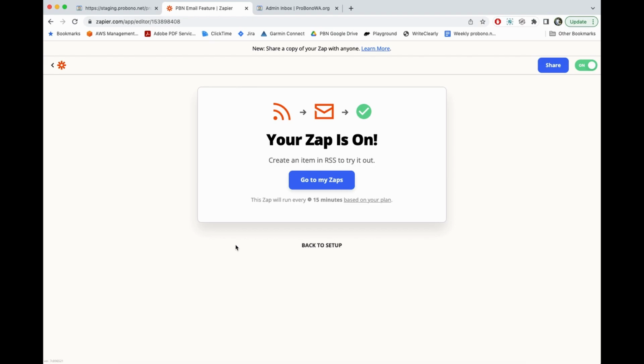There are other tools out there, but Zapier, in my opinion, makes the most sense and has the widest array of options. If you have any questions about a setup like this or would like a more detailed walkthrough, please